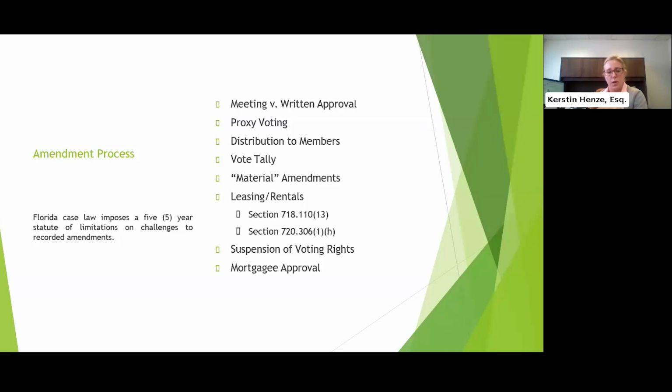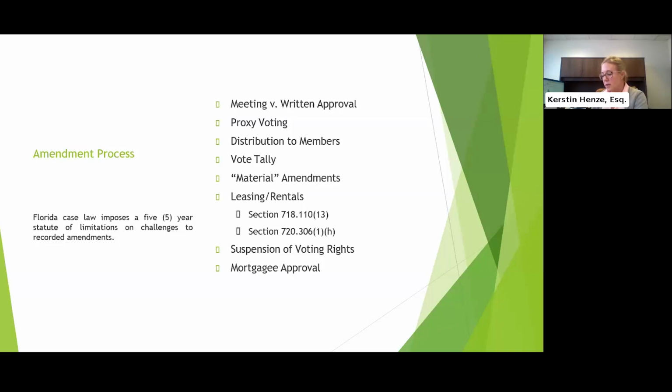So let's say you have 51 owners present either in person or by proxy. And you have a voting requirement that says a majority of those owners present at the meeting at which a quorum is present. So that means the voting percentage that you need to get the amendment passed would be a majority of the 51 owners that are present, assuming that's the minimum number that's there. If you get quorum and let's say 75 owners show up, then a majority of quorum would be the majority of the 75 that are present.